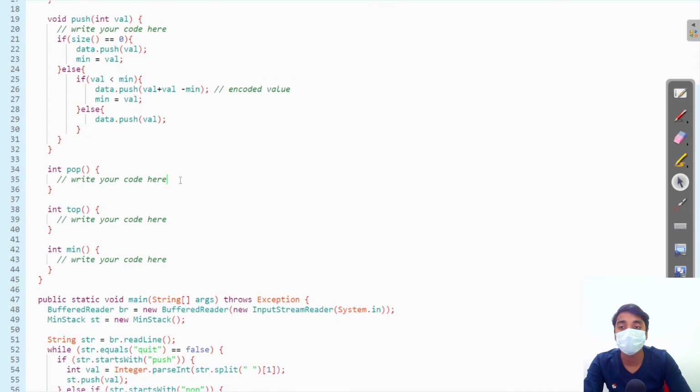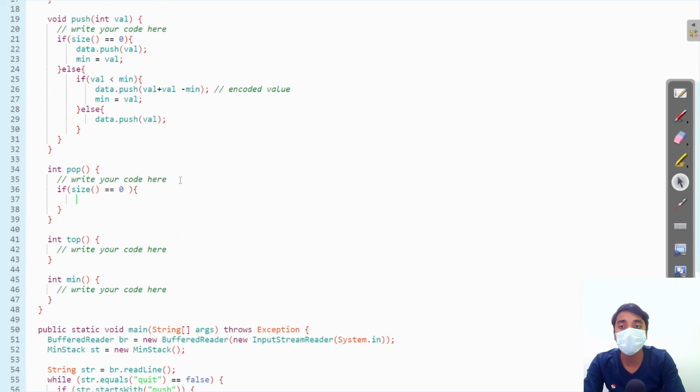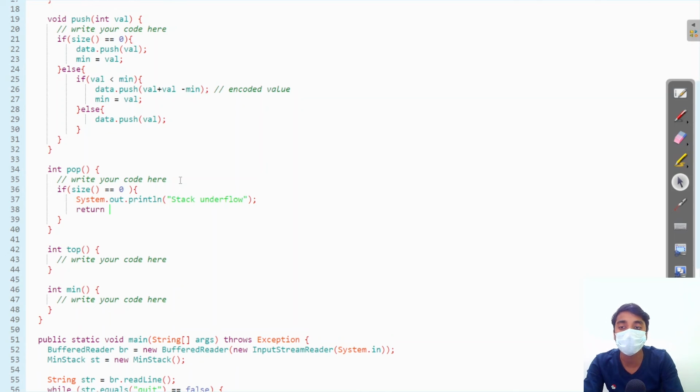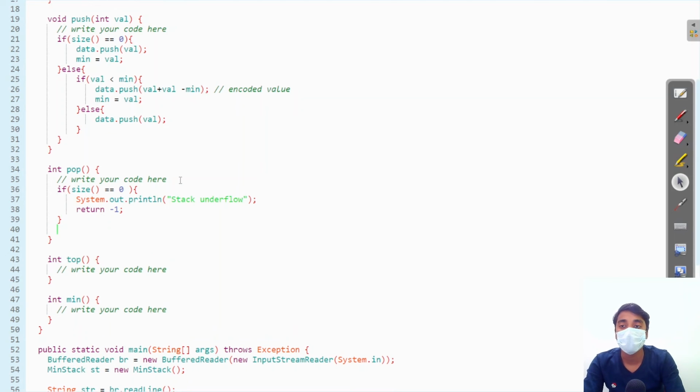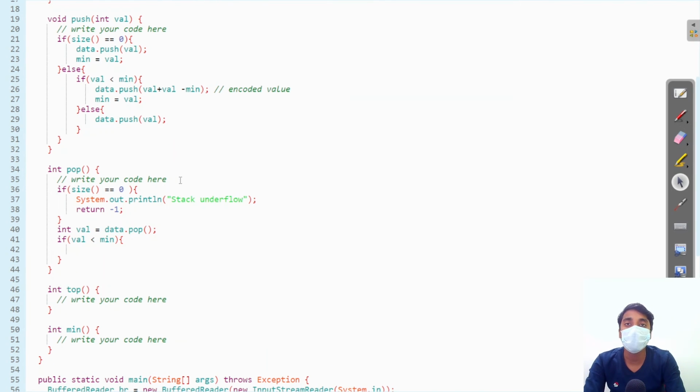Now for pop, first we need to check the size. If it is 0, we need to print stack underflow and return -1. Now pop the element, data.pop. Check if the value is smaller than minimum. This means this value is an encoded value. Now we need to find the previous minimum value.